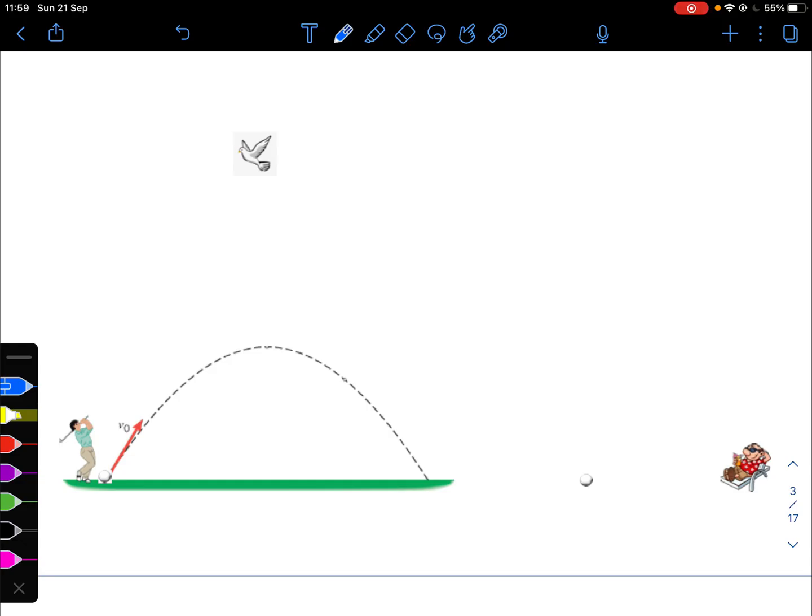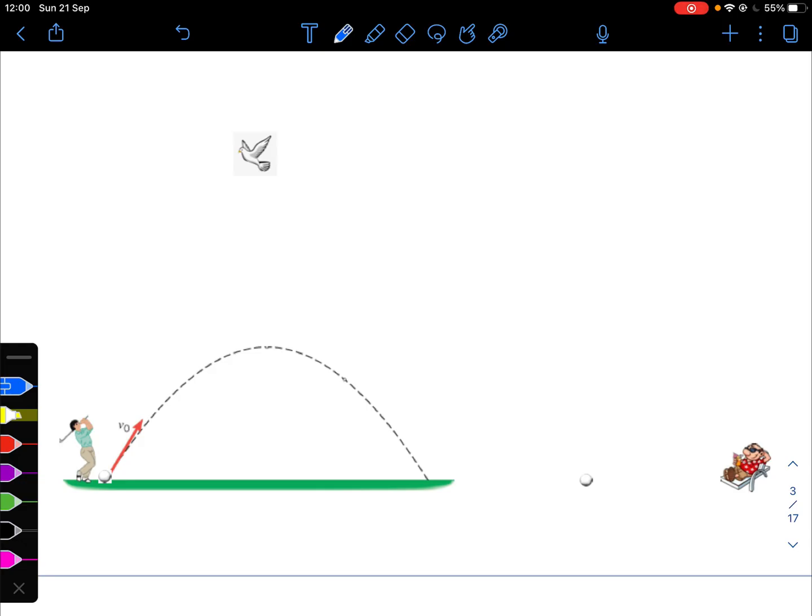So if you consider the bird and what the bird is seeing, all the bird will see is a ball setting off from here and then moving to here and then stopping. It won't necessarily be aware of the fact that the ball is going up and then coming down. It will just see that horizontal motion as it moves from one point to another. So to model that motion, we can just use SUVAT, considering all the horizontal